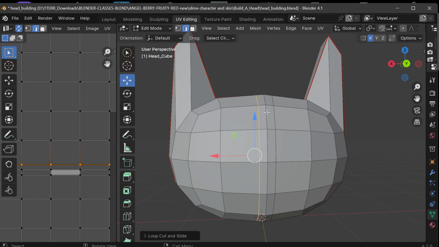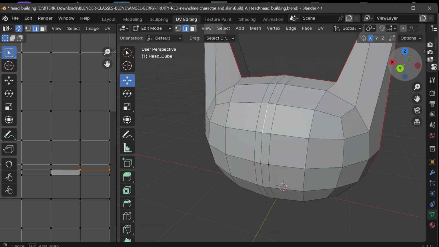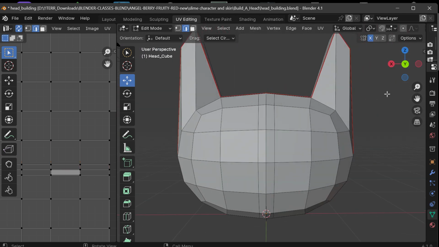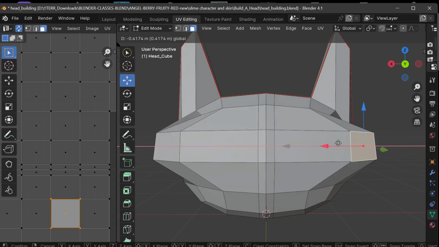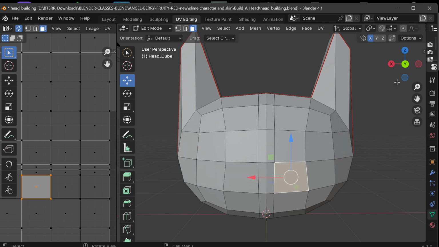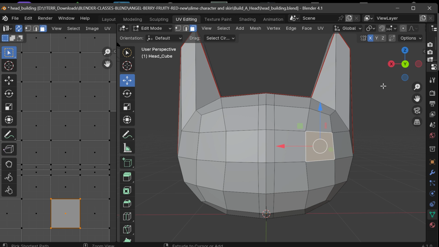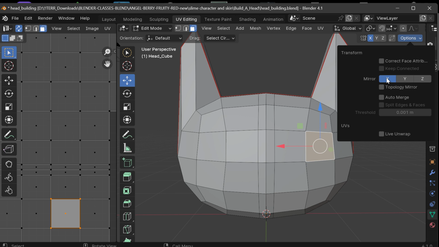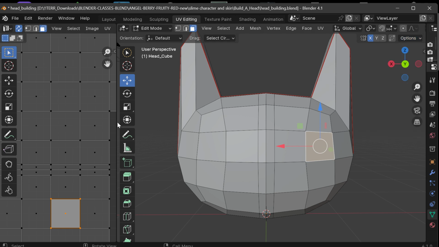And then I think what happens is somehow it throws off the symmetry. And sometimes it'll just stop working on both sides at all. That's the time it worked. But what I did to fix it, to get it working again, was I came up here to where the options is, where we turn on the mirroring. And there's a little button under transform. It says correct faces. But what that does is